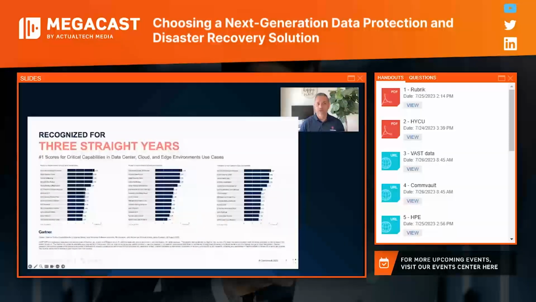So we talked a little bit, George, about Gartner, right? Anytime we present in front of a customer or in front of a partner, we're wearing the logo. We're immediately biased by our opinions and what we're going to say in those meetings. But what makes it real is when the industry speaks for you. When you take a look at this slide here, when you think about the data protection category, data center, cloud, edge environment use cases, 3 consecutive years, Commvault has been ranked number 1 in each of those categories. And that's the reason enterprises are trusting Commvault to secure and protect their data every day.